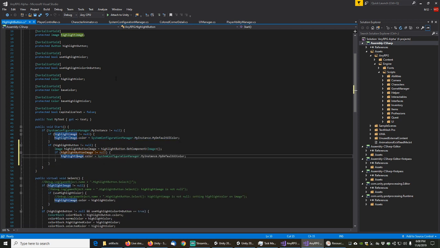So highlightButtonImage.color equals my default UI color. Okay,